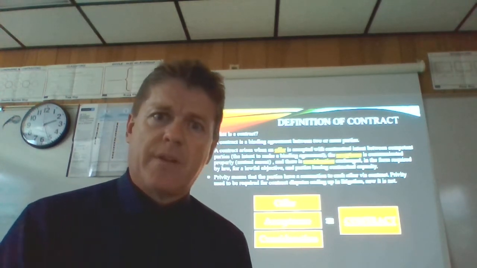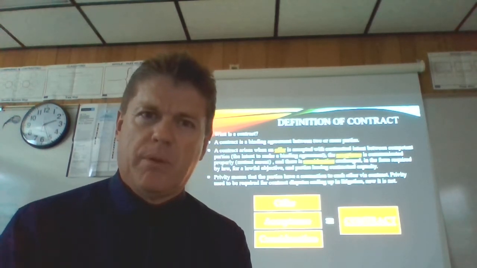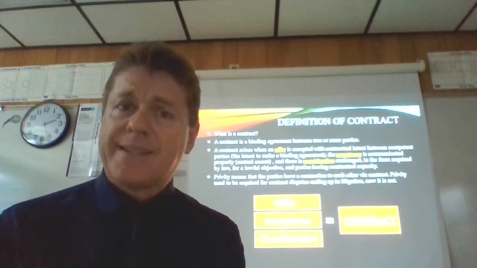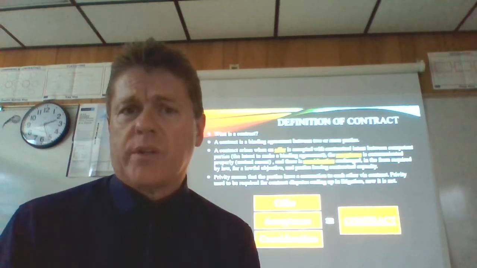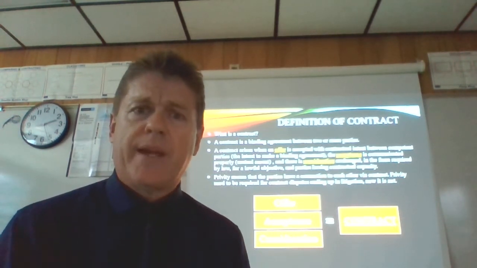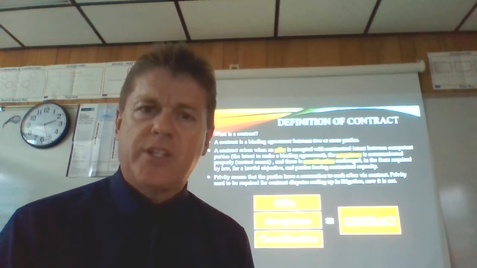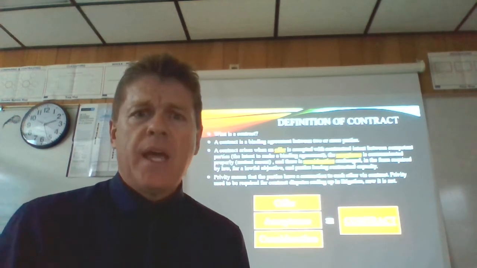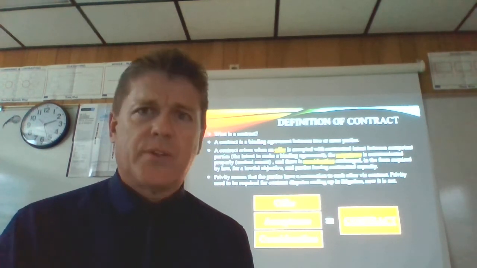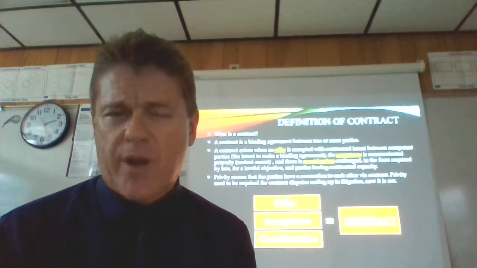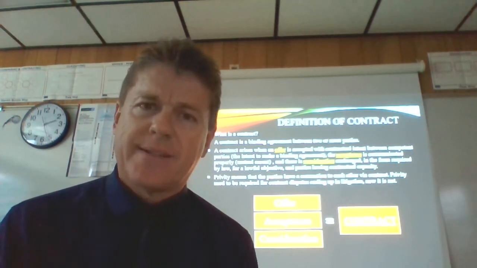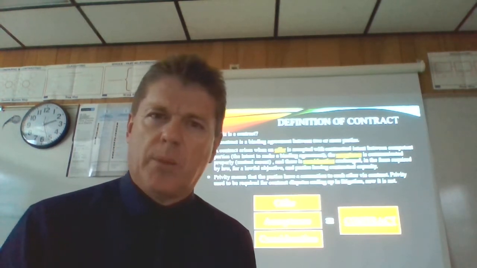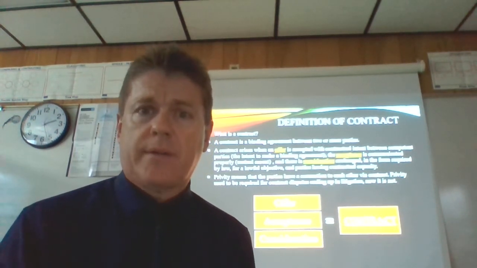So if you accept, then that's the second prong of what is required for a contract. You have to have an offer, you have to have an acceptance, and then you also have to have what is called consideration. So consideration is this bargain for exchange that each side gives up in order to get something in return. If you have these three things, and the presumption is that everyone has contractual capacity and that what you're contracting is legal and not illegal, if you satisfy these elements, then you have a binding contract.